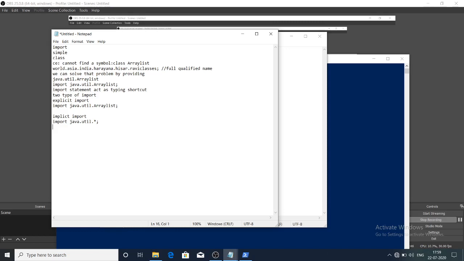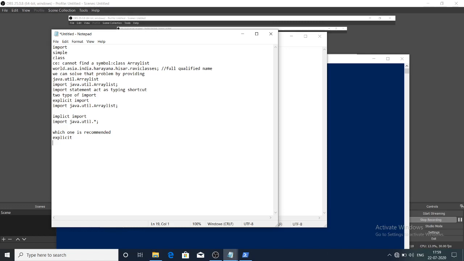So which one is recommended? Think. So the recommended one is explicit, because in implicit, readability, maintainability, and timing take a lot.